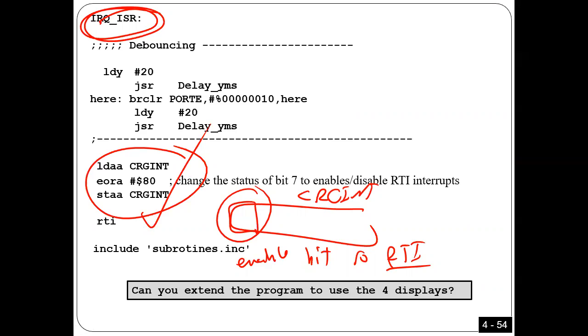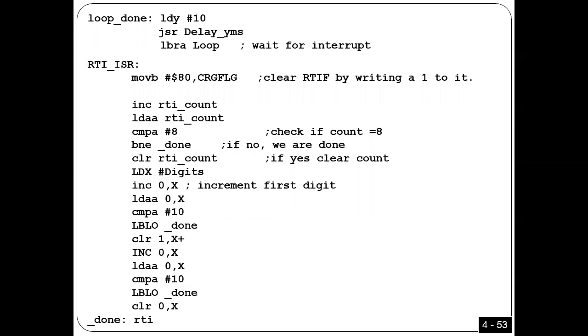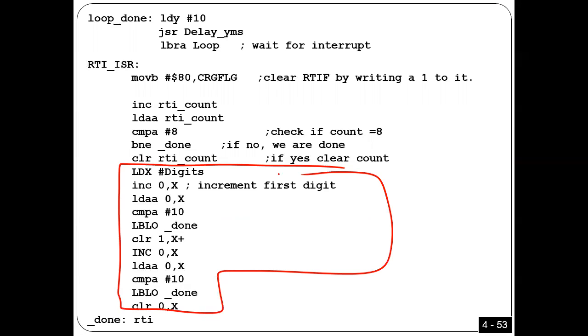So this is here. Now, what about RTI? Very easy. Look here, guys. It's the same code I used right now. Okay? Here, this is the same code I have just explained right now. Okay? To increment